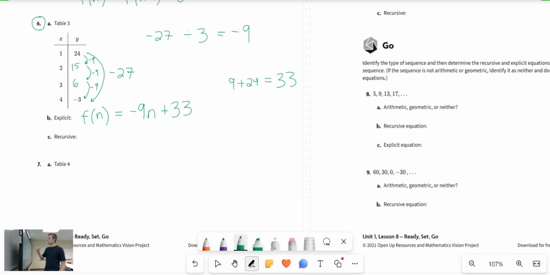All right, and now recursive. I think this one's a little bit more straightforward. You just need more information, or you need sort of 2 equations. So f of n equals,